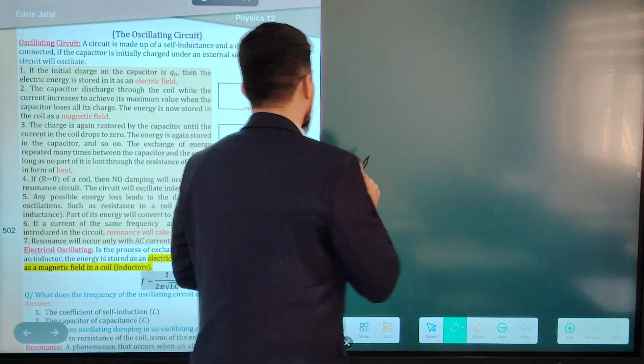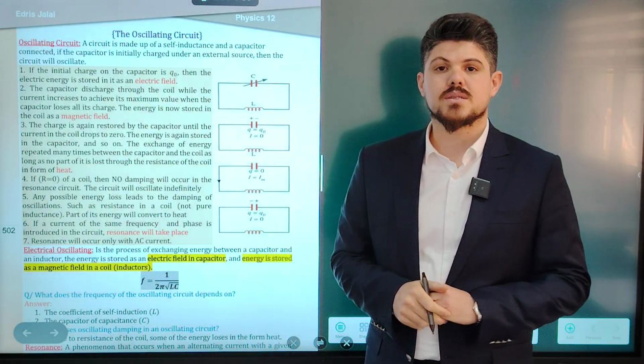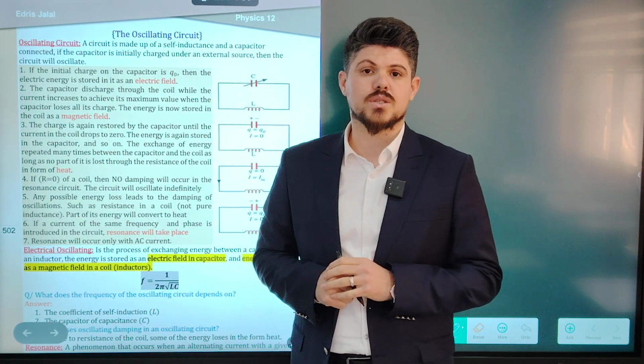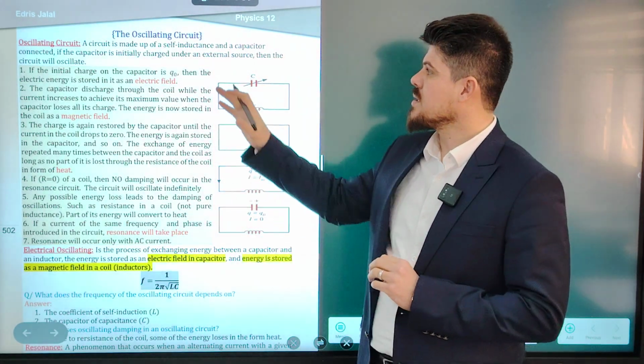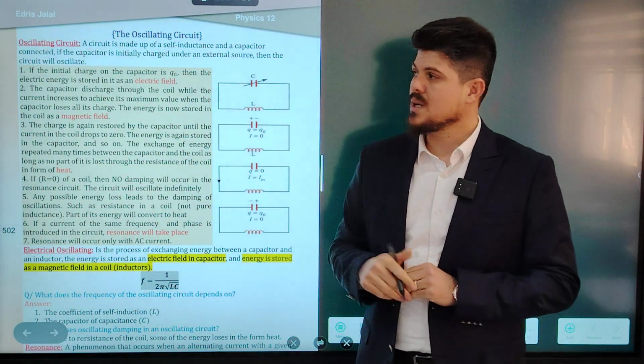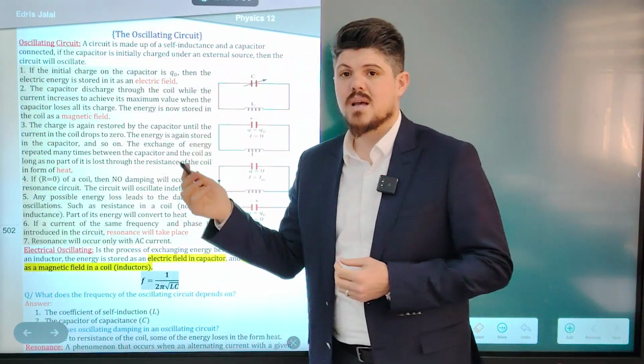In the previous lesson, guys, if you remember, we stopped here after we finished the RLC series connection to AC source and RLC parallel connection to AC source. We reached it here and we stopped it here, the oscillating circuit. What is the oscillating circuit? A circuit is made up of a self-inductance and